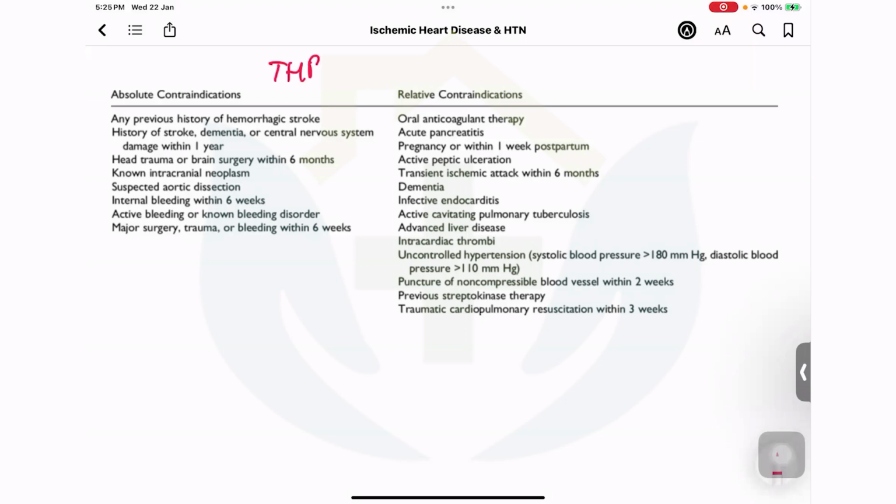Sir, we have dementia both as absolute and relative contraindication. Yeah, I'll tell you why. Dementia is also of many types. In case it is a multi-infarct dementia, it is an absolute contraindication, because multi-infarct dementia can bleed anytime. If it is Alzheimer's disease, you can still thrombolyse the patient. So stroke-related dementia, history of stroke and dementia, that is the dementia secondary to stroke, multi-infarct dementia that we call. Okay. Thank you, sir.